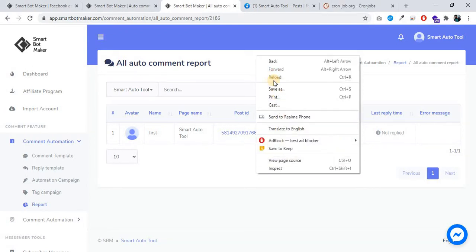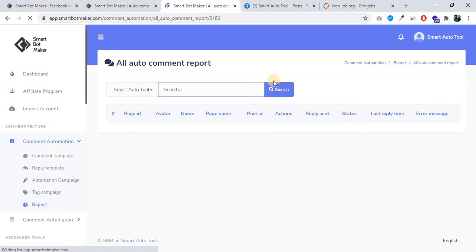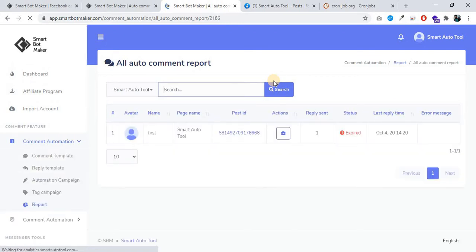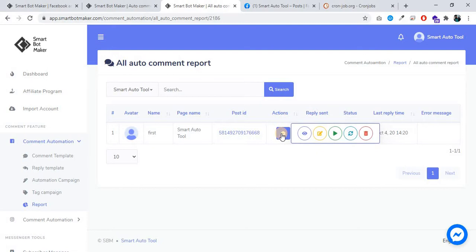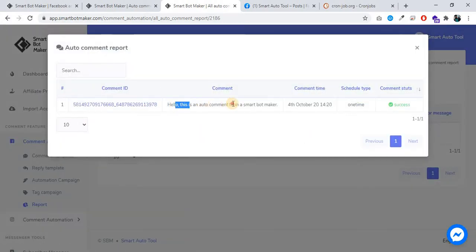Now refresh the page. Here you can see reply sent 1, status expired. Click on action button, campaign report. You can see comment time, schedule 1 time, comment status success.